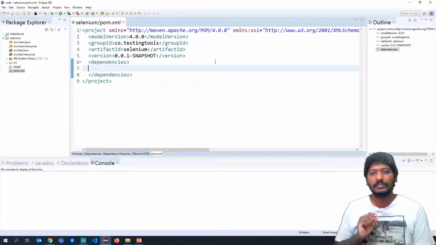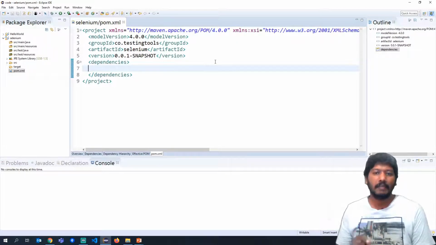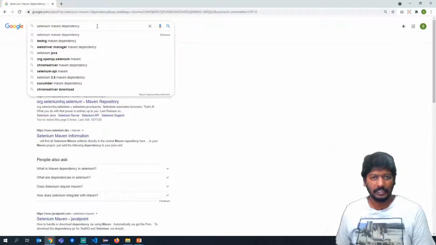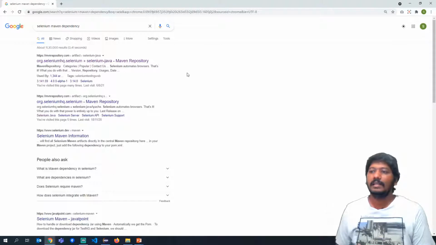Now as we are working with Selenium, we need to find a Selenium Maven dependency and then add that dependency into this particular pom.xml file. So let me open a browser. Here I have already searched for Selenium Maven dependency, and you can go to the first link itself.